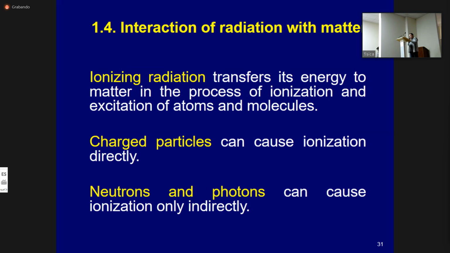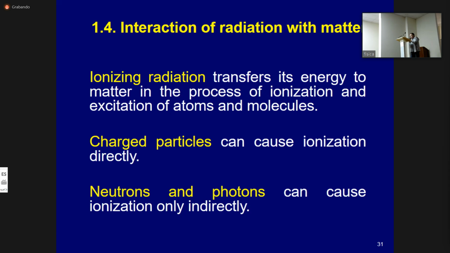So, the gamma radiation interacts with electrons, and neutrons interact with the nucleus, of course. The secondary charged particles arising as a result of these processes are the products of energy dissipation of primary uncharged particles in matter. At the second stage, secondary charged particles transfer radiation energy to matter.